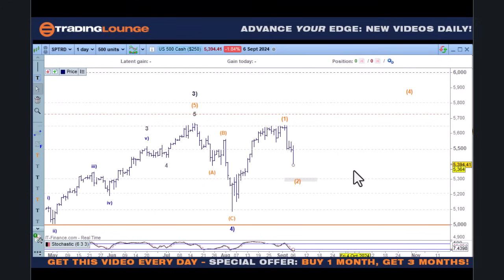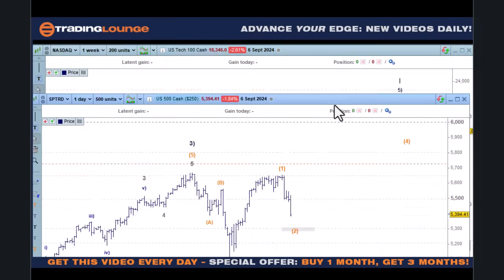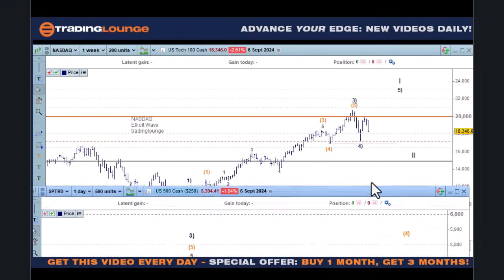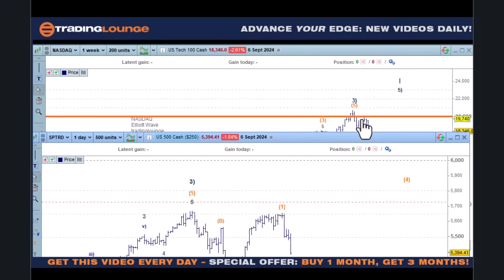But the tech stocks have struggled to do that, because the tech stocks, if we just look at the NASDAQ here at the 20,000, I mean, obviously the 20,000 is a big number, and it's difficult to get through that, of course. And we always see consolidations at large numbers, not always, but most of the time, depending where we are within the structure. If we're at the beginning of a structure or the end of a structure, we'll get a consolidation. If we're in a parabolic move, of course we won't. But just pointing out that this top hasn't been made above this one here.